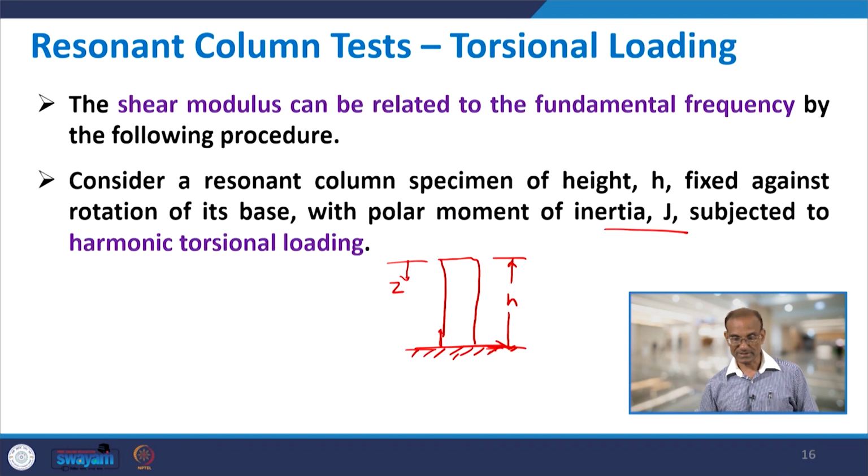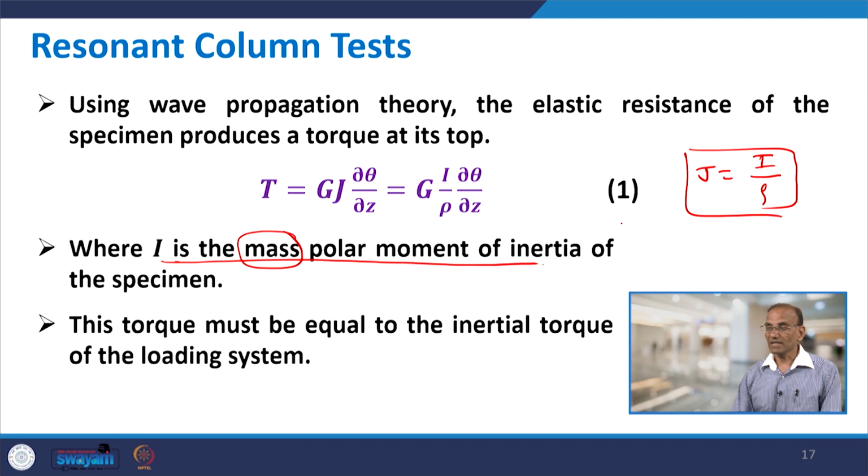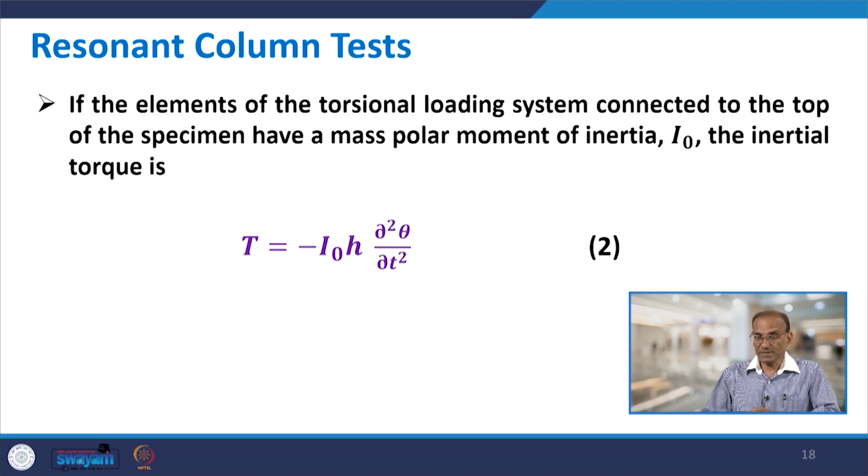So, that you need to understand, this is with polar moment of inertia only. That is why we multiply by the mass density, and multiplying by J will give the value 5, and this torque must be equal to the inertial torque of the loading system. This inertial torque can be found by the inertial acceleration multiplied by this polar